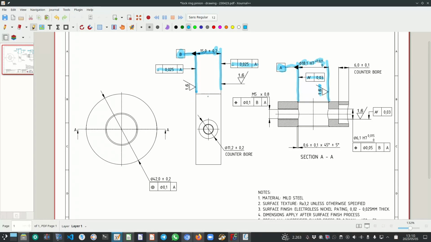I want a flat surface as datum B. Okay, and then with the fact that it is a tight tolerance, 25 micron, I also ask the manufacturer to take special care of the surface texture of those two faces, 1,6 RA micron. Okay, so with that done, we can now specify our,